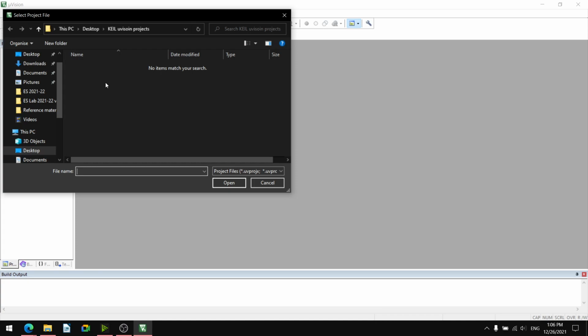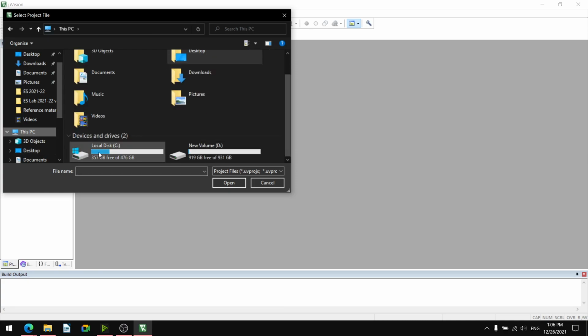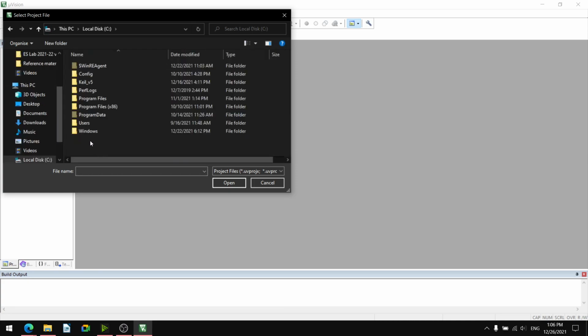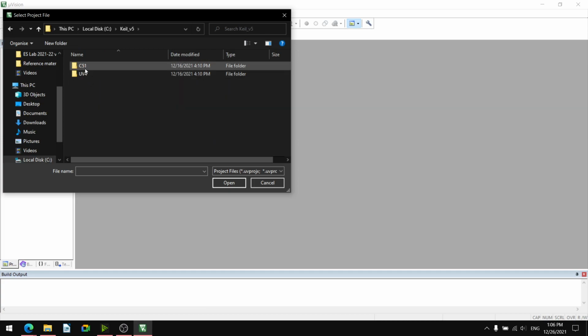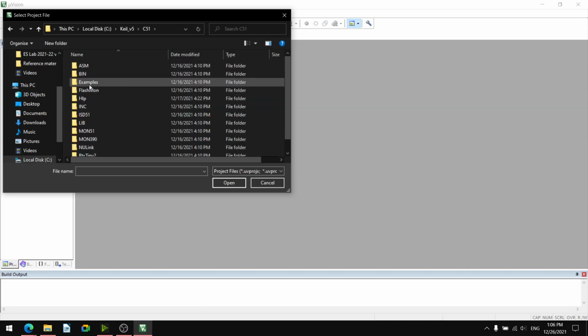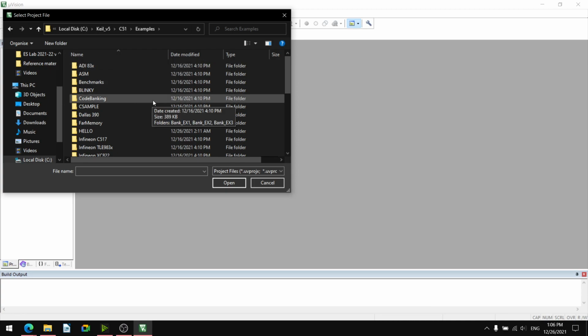Now we have clicked the open button, so an existing project we have to open. We'll go into the C drive, Keil V5, C51, examples, in local drive C. Generally Keil 5 is installed on the drive where all the programs are installed.